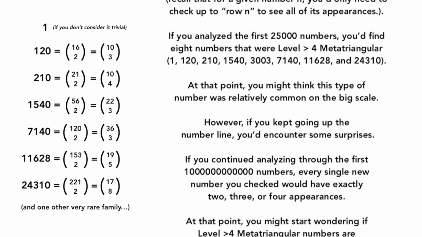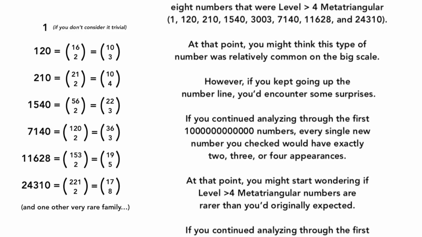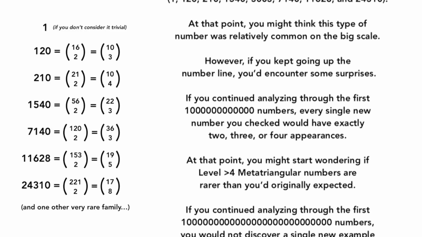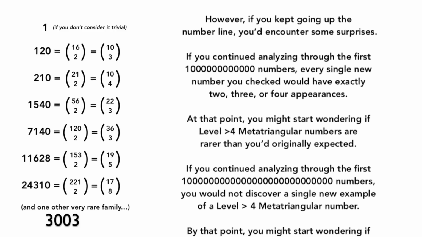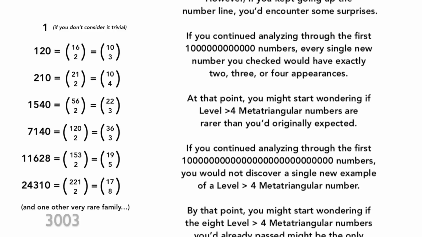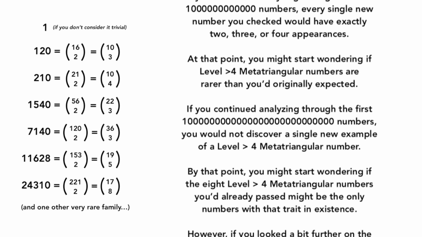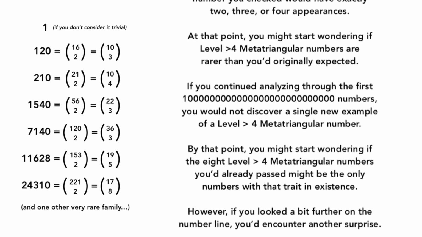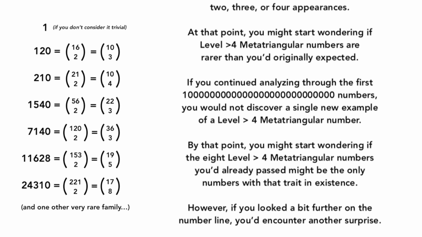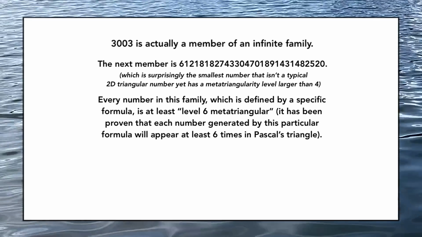You see, if you analyzed the first trillion or so whole numbers to see which ones appeared in Pascal's triangle more than 4 times, you would only find these numbers and the number 3003. And even if you looked up to a quadrillion or a quintillion, you wouldn't find any more. But it turns out that 3003 is a member of an infinite family of numbers that all appear 6 or